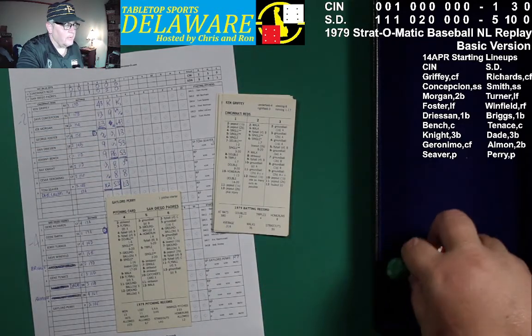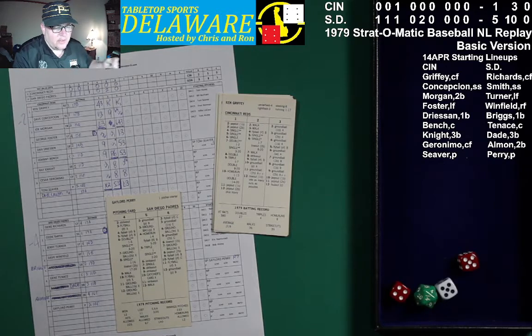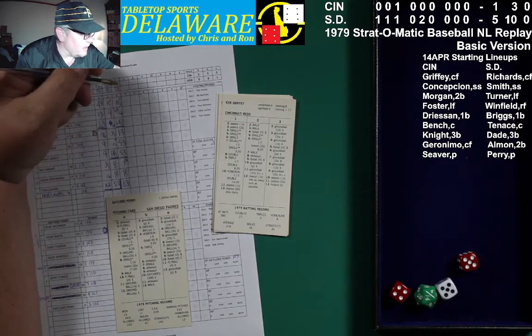And that's going to bring us to Ken Griffey. He is 0 for 3, struck out twice at the hand of Perry. Top of the 7th, 5-1 game Padres. Perry is set. Here's the pitch. 5-9, strikeout. Got him for the...